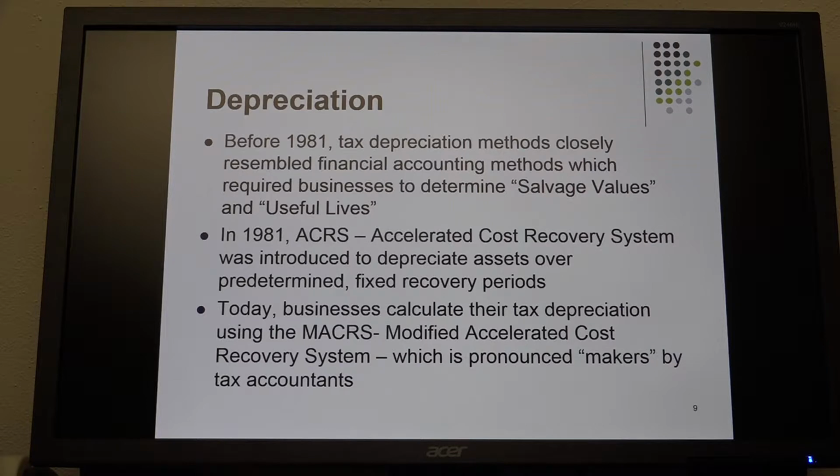Well, here, under the current depreciation scheme under tax laws, what we have is something called the Modified Accelerated Cost Recovery System, which makes it much easier to figure out depreciation expense for a certain tax period, because the useful life is determined for you. And in general, it's 5 years or 7 years for most personal property, and then for real property, depending on the use, you're going to have more years, but we'll talk about that as we go along. But anyway, under MACRS and this RevProc